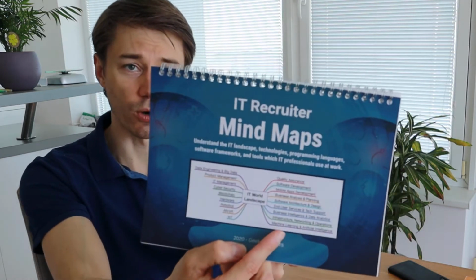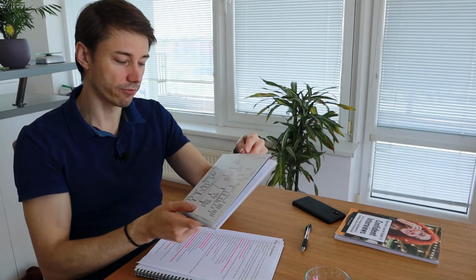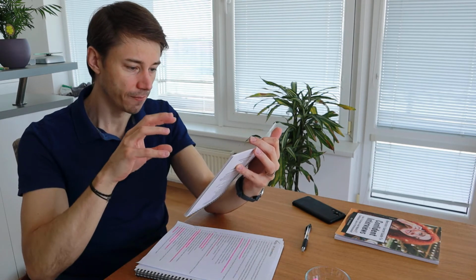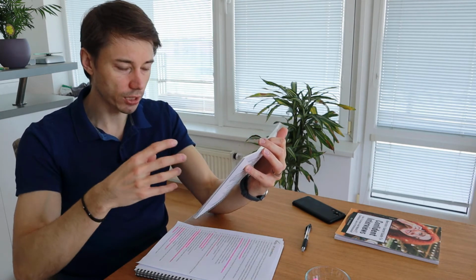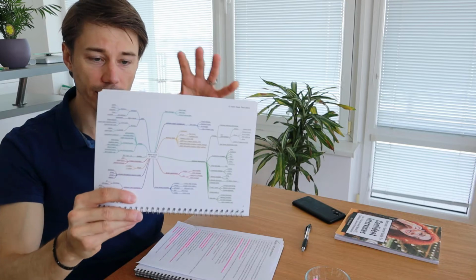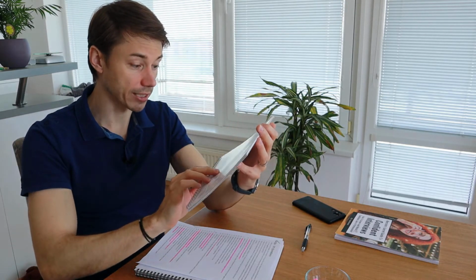So if you just get the booklet with mind maps, it's this one, and you open it up on page number 4 and 5, you can see some of these must-know terms. So this is, on a high level, what to start with. What is the software development process? What are programming languages? What are the common programming languages such as PHP, C#, JavaScript, Java? What is a query language like SQL? And I'm not explaining it, I'm just outlining the structure of these must-know IT terms.